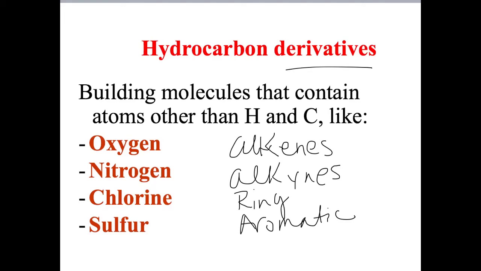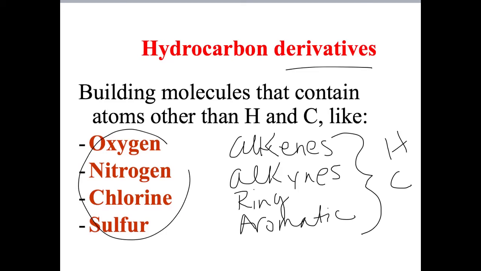And so all of these so far have just been hydrogen and carbon. They're hydrocarbons. But we can continue to make even more builder molecules by adding other elements like oxygen, nitrogen, chlorine,